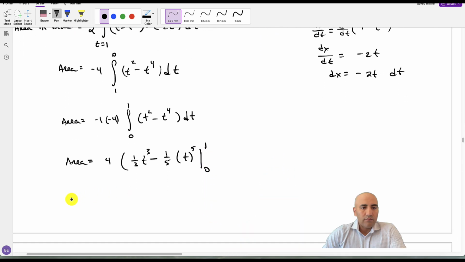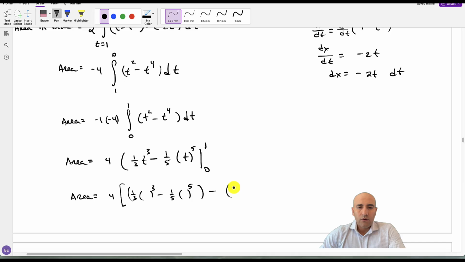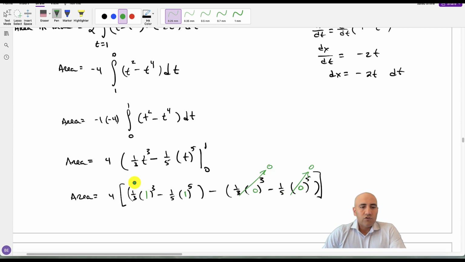So now this just becomes the area is equal to 4 times 1/3 something cubed minus 1/5 something to the 5th power, minus 1/3 something cubed minus 1/5 something to the 5th power, like this, where here we evaluated at 1, here we evaluated at 0. Luckily, this is a really simple one. That's 0. That's 0. This is just going to give me that this area is equal to 4, and this